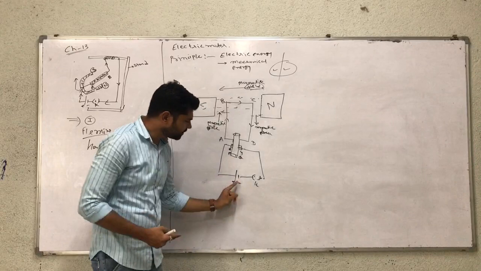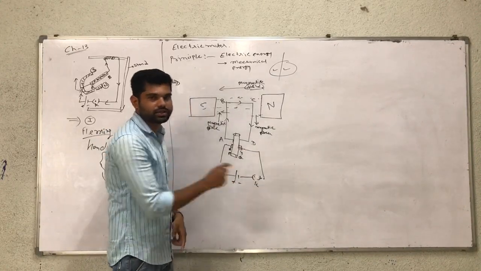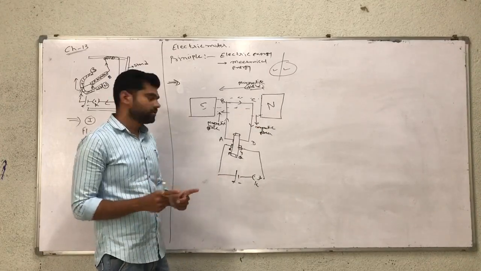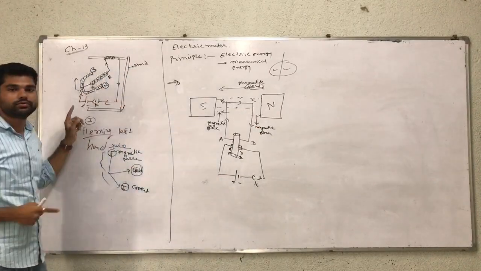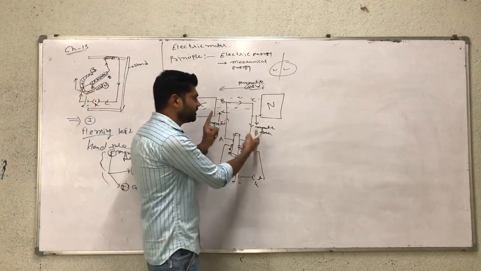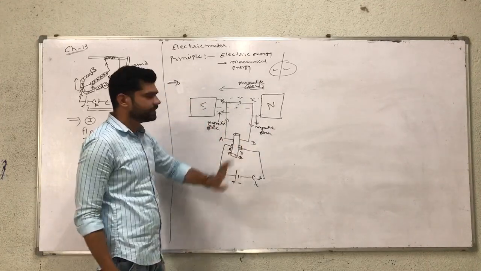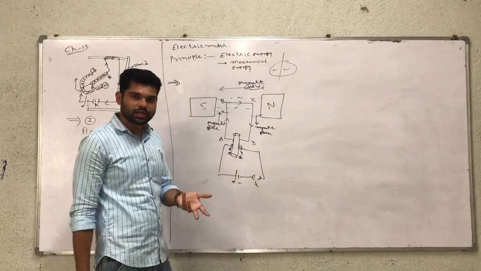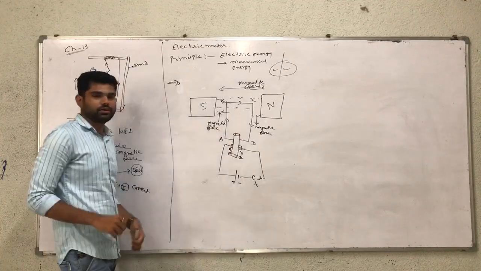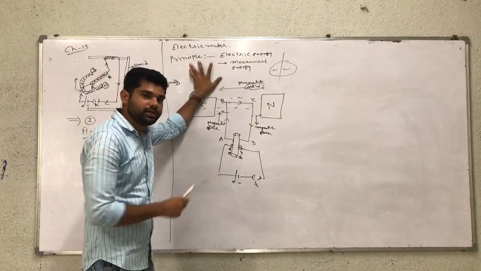So after half rotation, the positive part is converted into the negative part and the negative part into the positive part. So here the direction of current is changed. With the change of direction of current, the magnetic force is also changed. Therefore, up and down, it rotates easily in the rectangular coil. So mechanical work is produced. This is the basic information about the electric motor and how it works.